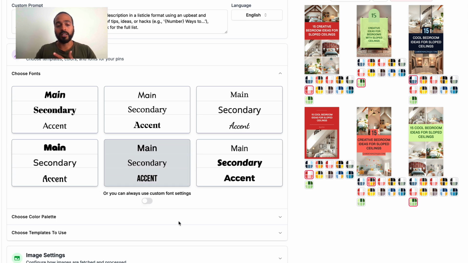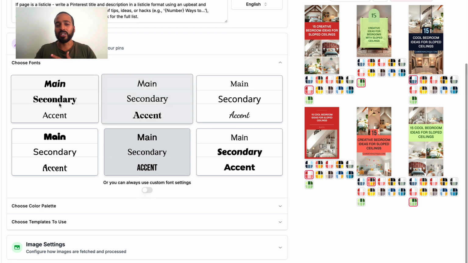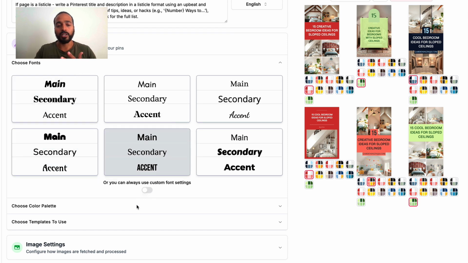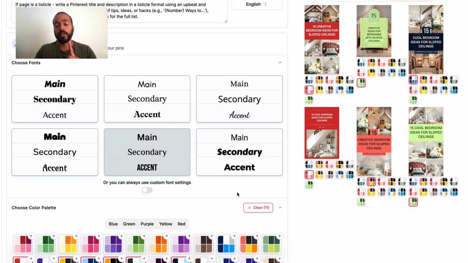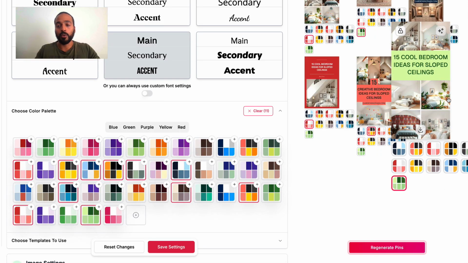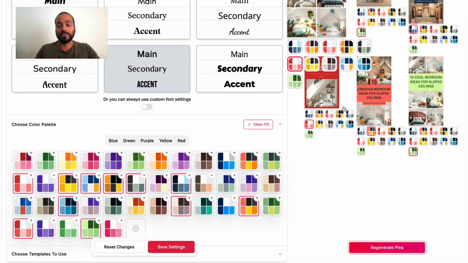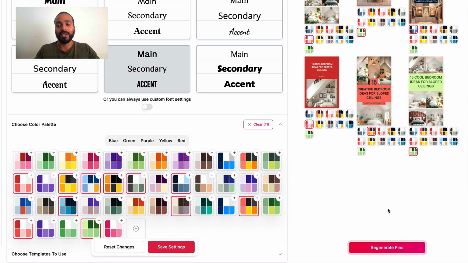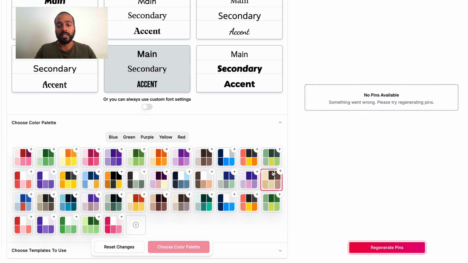The palette, color palette, and the template to use. Because generally, any of these fonts kind of work, but your color templates need to be super, they need to match your audience. Now, this is an example of what I wouldn't recommend. I do not recommend that you have loads of totally different colors that don't really have any complementary brand adherence. I'd recommend that you clear all these off and then just choose ones that you think will work quite well